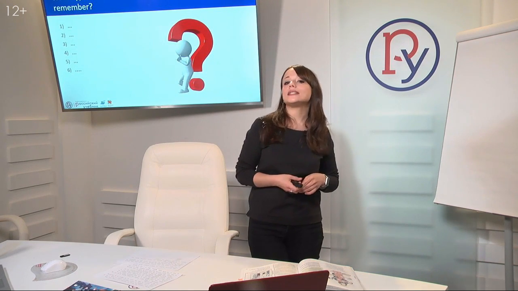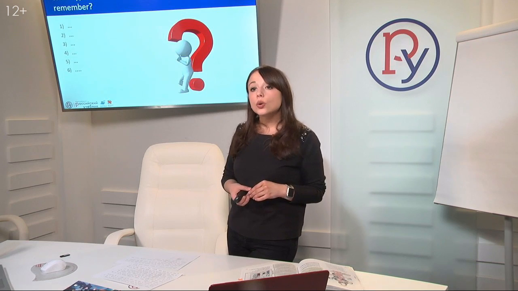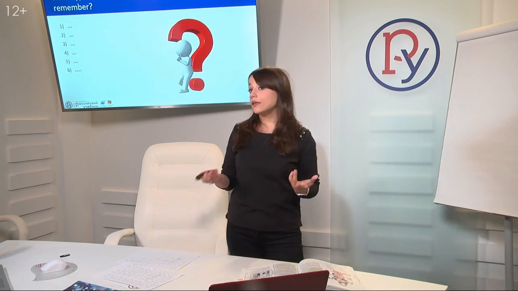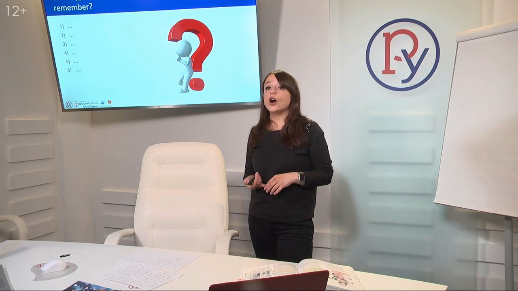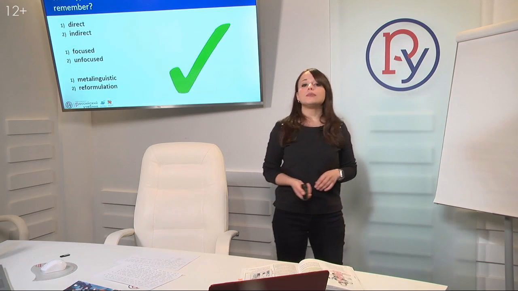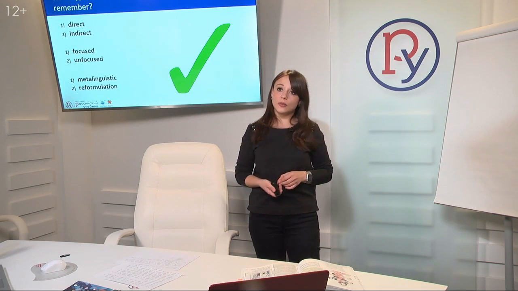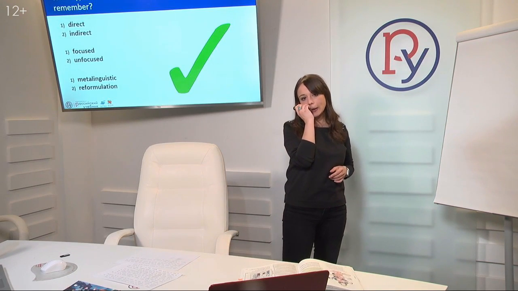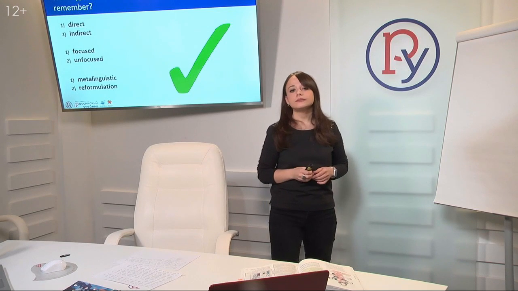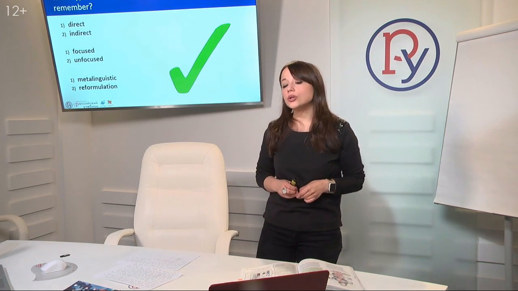Then we talked about different ways of correcting linguistic errors in our student writing, which can be referred to as written corrective feedback. Can you think of some strategies which we can use to address our learners' mistakes in writing, their linguistic mistakes? Well, we talked about direct feedback and indirect feedback. We talked about how these two types of feedback